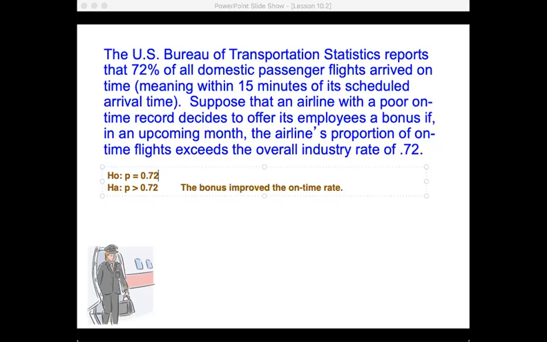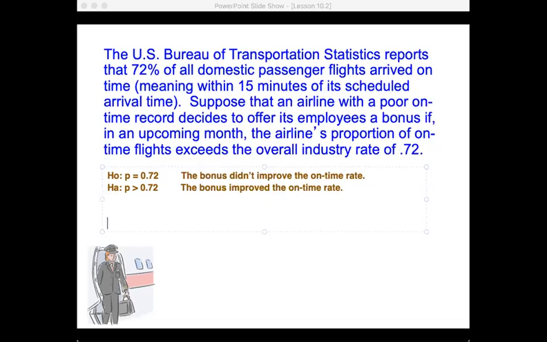Okay, so the bonus actually worked, which means the null is the opposite. The bonus didn't improve the on-time rate. All right. So those are the steps I would say leads you to success in writing the type 1 and